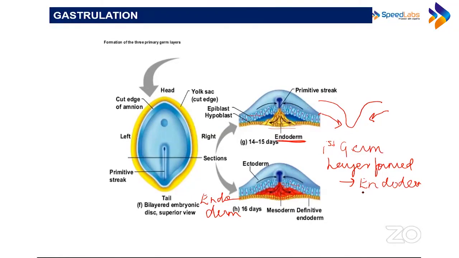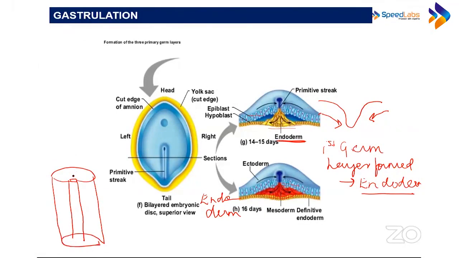So endoderm is going to line the primitive streak को सोचो elementary canal है. So you know that, in case of human beings, कैसा system है? We have got this tube within tube plan, na? So we have this elementary canal from mouth to anus, and so this is tube within tube plan. So this is your mouth, anus. बाहर का layer is ectoderm.